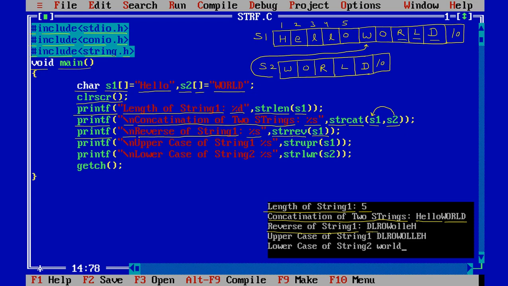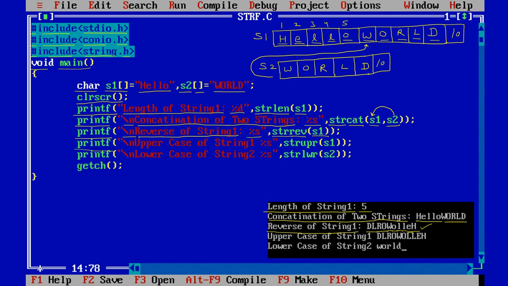R, O, W, small o, small l, again small l, small e, and small h. So we can see that in this way the whole string is displayed in reverse. So there we are having the reverse of the string with the help of the string reverse function.